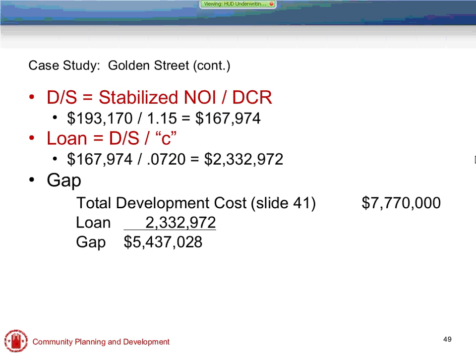So we've got to find some other incentives to bring some money into our projects. One of the big programs out there is the Section 42 Low-Income Housing Tax Credit Program. In the HD 420 course, you'll go through a lot more detail of how that program can really reduce this gap a lot by bringing a lot of equity into the project, and in return, the investor is getting tax benefits versus actual cash flow, because again, there's not a lot of cash flow in these affordable housing projects.